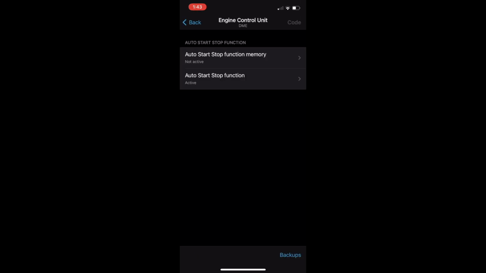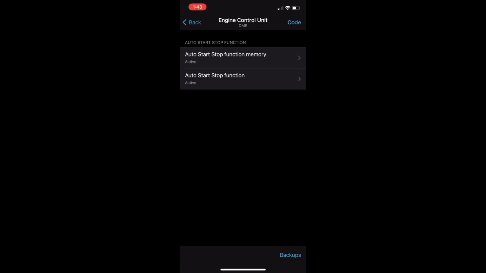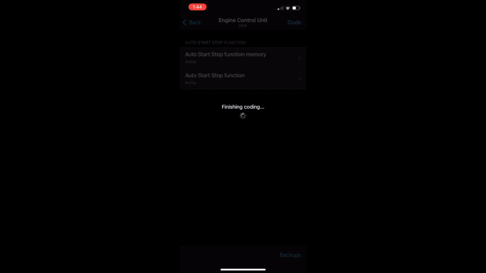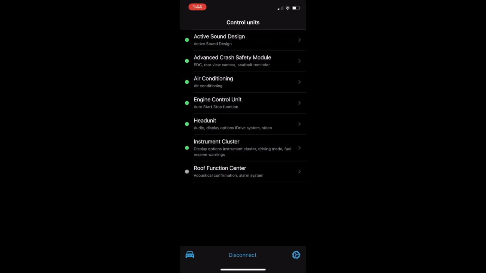So in the engine control unit, you can see you can modify the auto start stop function memory. I put it to active, so the hope is here that if I put auto off to off, it'll stay off for future drives. If we look at the other ones, so we have advanced crash safety module, air conditioning,